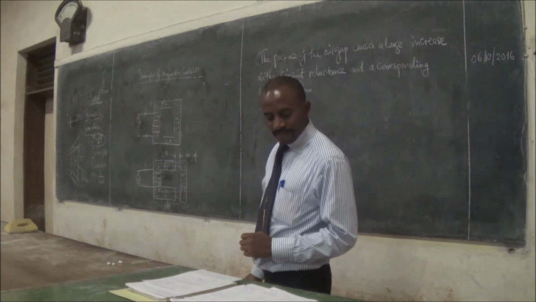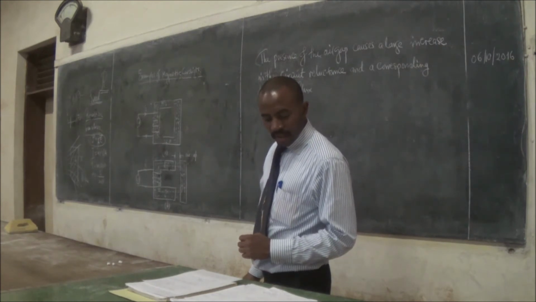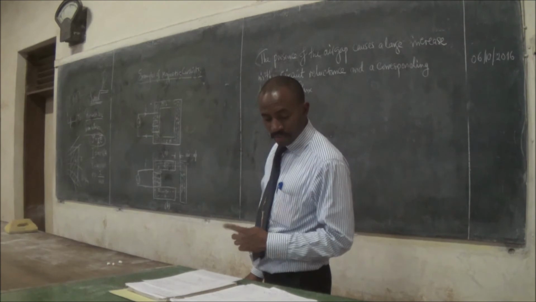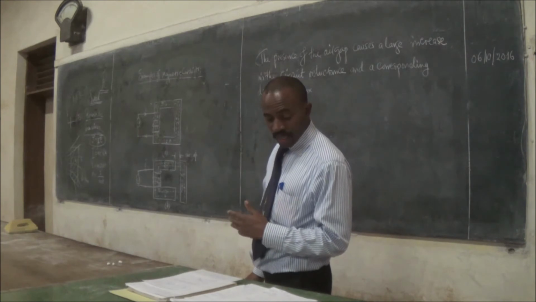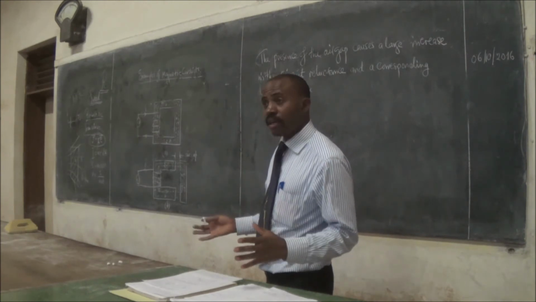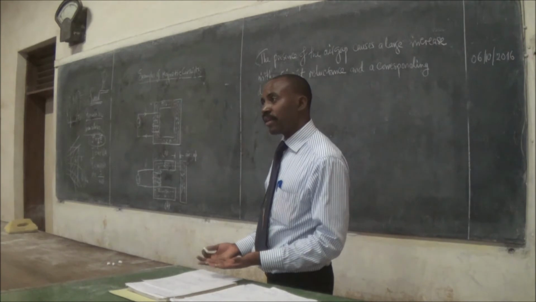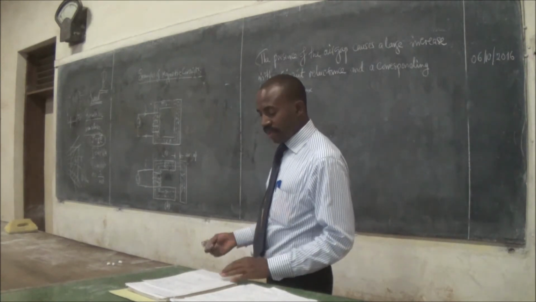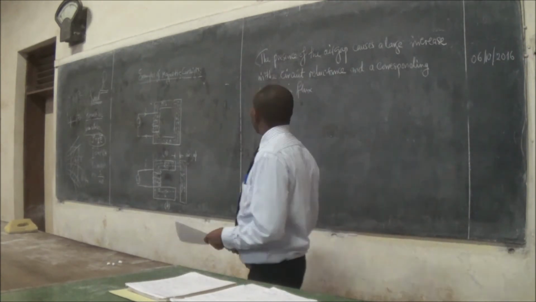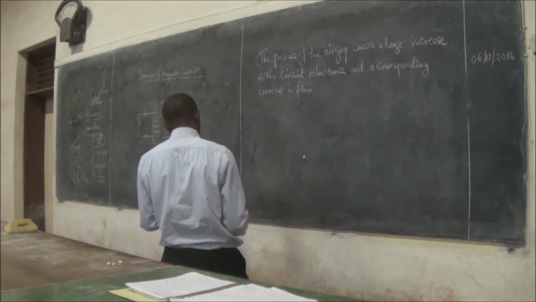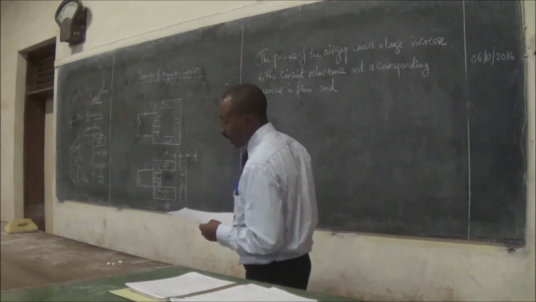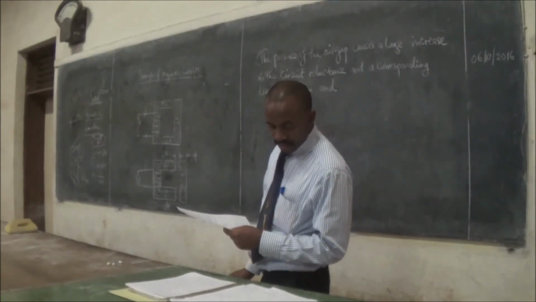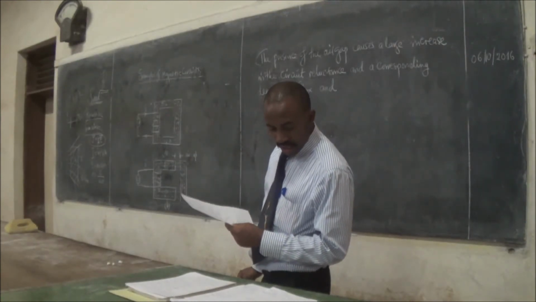over R. That is for a single turn. Now if you have N turns, then phi equals Ni over R. So if you increase what you are dividing by, then it means you are decreasing what? So the decrease in flux, and we also said that L is the same as phi over R,